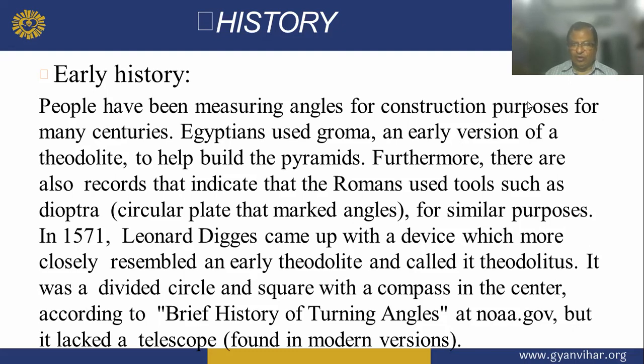And furthermore, there are also records that indicate that the Romans used tools such as Jupiter, a circular plate, to mark angles for a similar purpose in